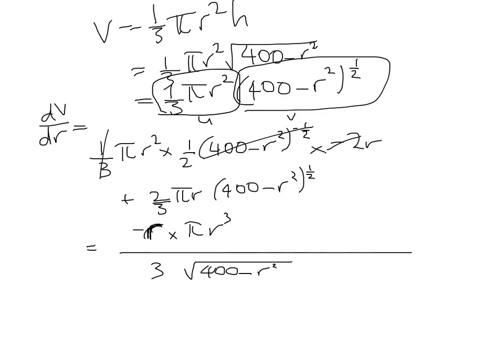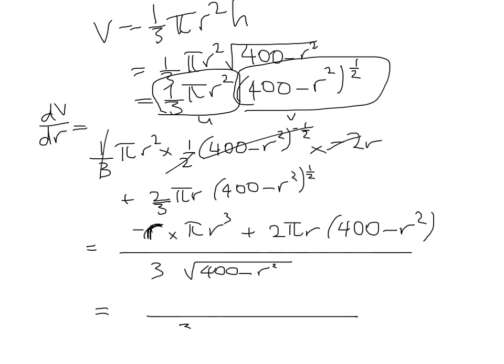Right, because the negative 2 and the 2 there simplify out, pi r cubed, so that's that bit, plus 2 pi r times 400 minus r squared. Okay, so now I get what's left. Let's see. I've got 3 root 400 minus r squared on the bottom line. Top line